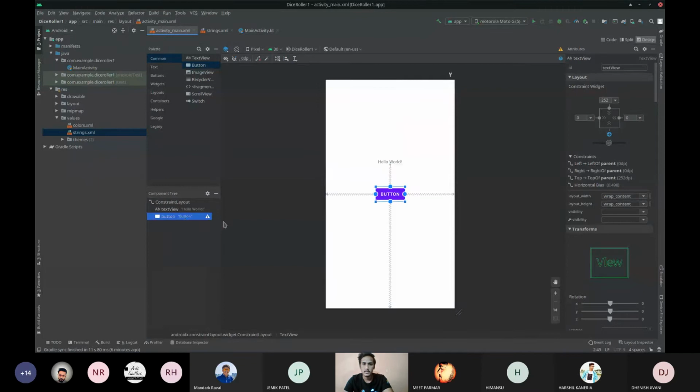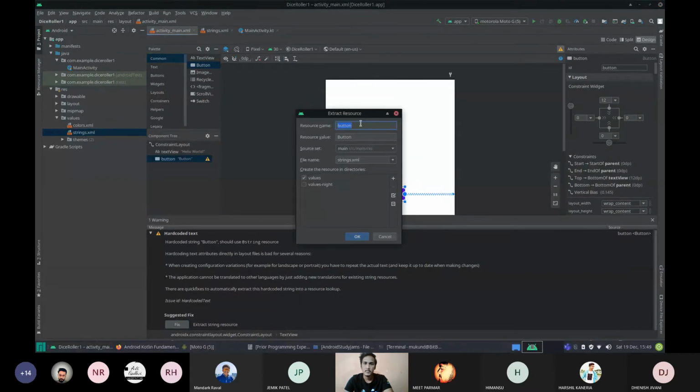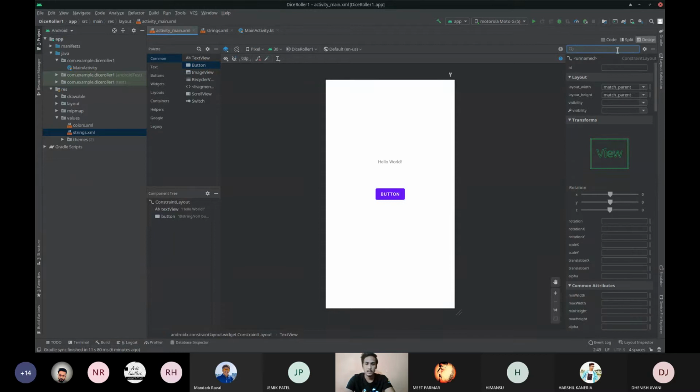So to fix this, click here and then let's add a string resource. I'm giving the resource name role button. All right. To change the text here, you can see there are different attributes to the view. So you can go to this search button here and search for